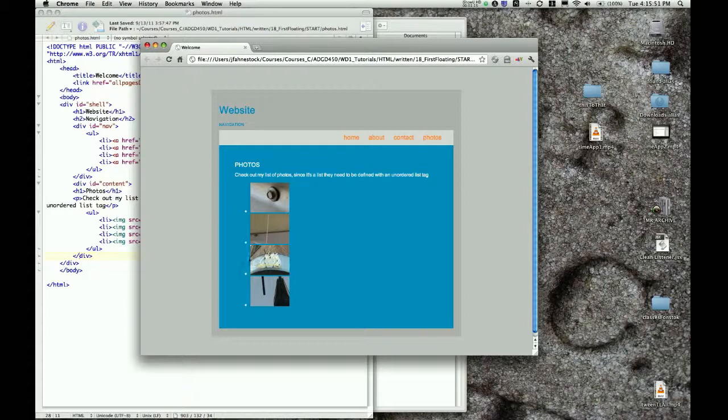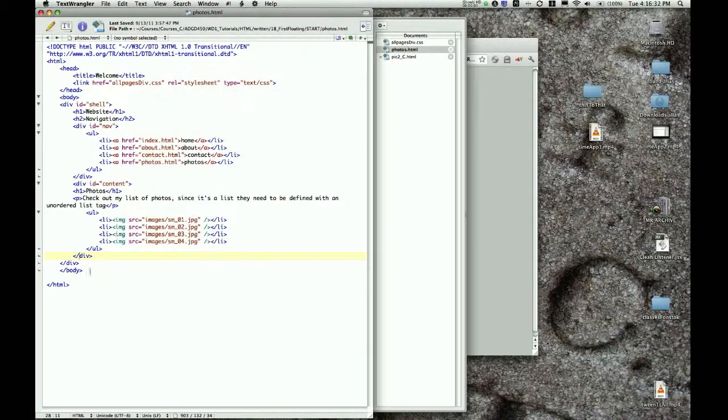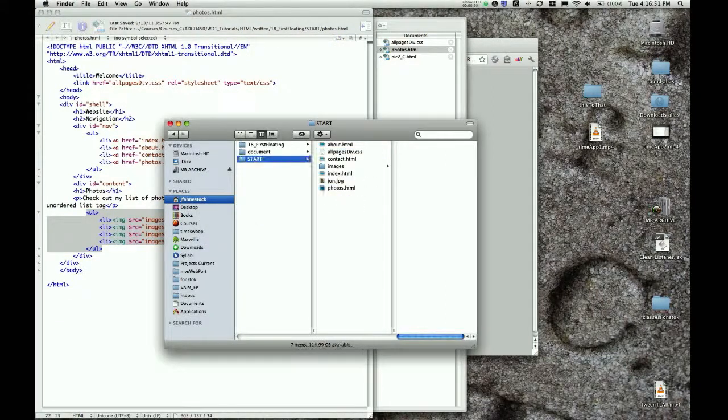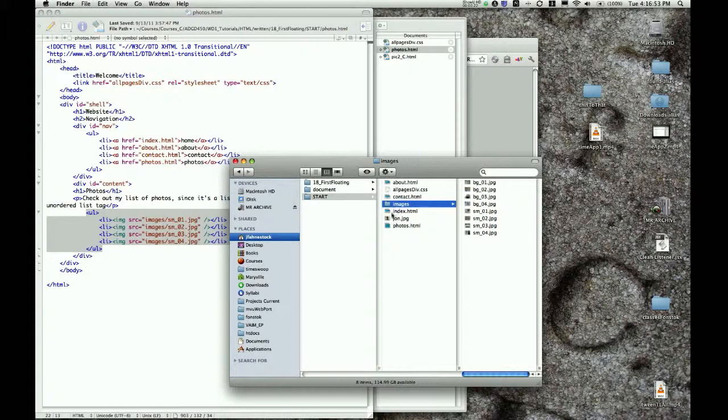So let's first tackle this list. So looking at the markup, got our content area with our photos. Here's that paragraph. Here's the unordered list, and here are the IMG tags with the paths to those photographs. Notice that in my structure, they're in a folder called images, and so I have to provide that path from this file,